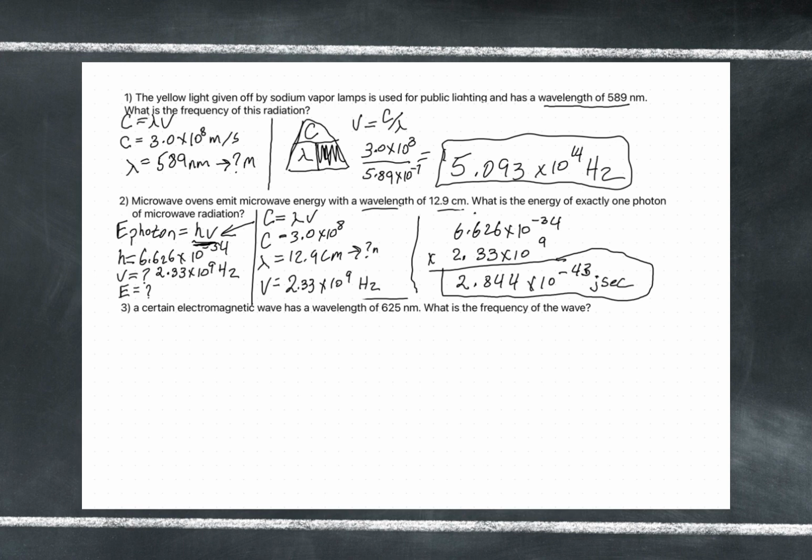Okay, that's about as hard as you're going to get on these types of questions, so let's move on to number 3. A certain electromagnetic wave has a wavelength of 625 nanometers. What's the frequency of the wave? Okay, so for this one, we're going to use our visible wave formula again. So c equals lambda v, where c equals 3.0 times 10 to the 8 meters per second,